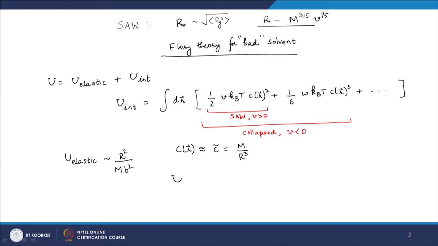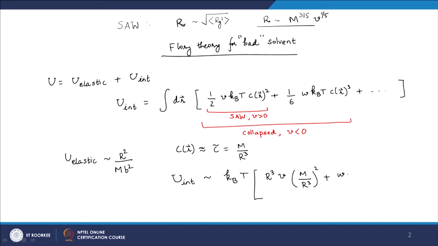And now if I include the u int, it scales like k b t comes out, the integration over dr becomes r cube. We do not care about the prefactors, and then we have v, and then we have c square, that becomes c tilde square, and that is m by r cubed whole square, and then we also have plus w, and we have